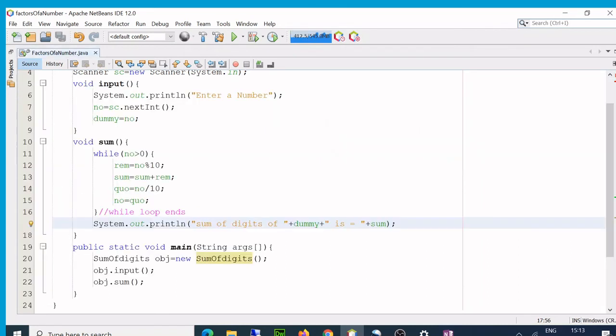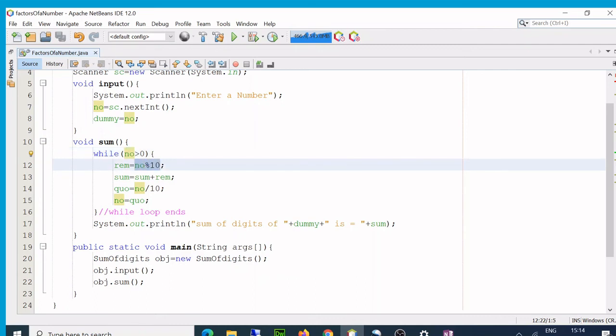So how does this program work? I input it, and since we are working on this number only, and this number has to become 0, therefore we need to store it somewhere, because I'm just printing it here, right? This is actually used in a lot of programs that are based on digits. So dummy is equal to this number, that's why we need it, because the number is going to become 0. So we come here while no is greater than 0. What is the value of no? Supposedly my input is 1 2 3.